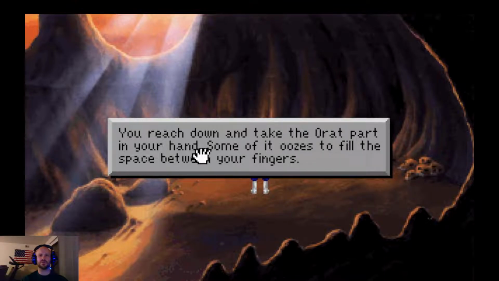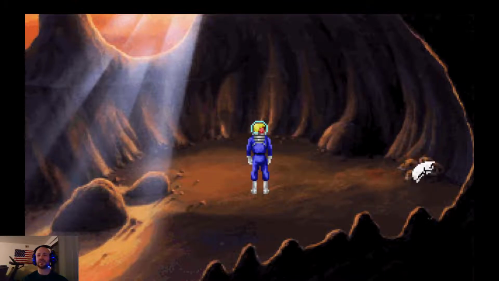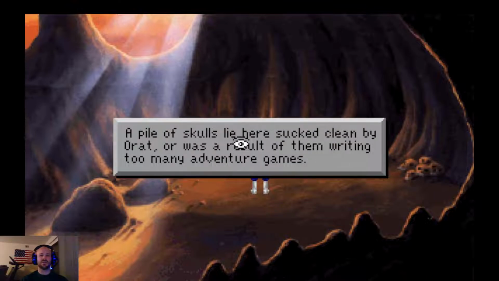You reach down and take the Orat part in your hand. Some of it oozes to fill the space between your fingers. Gross. A pile of skulls lie here sucked clean by Orat, or was a result of them writing too many